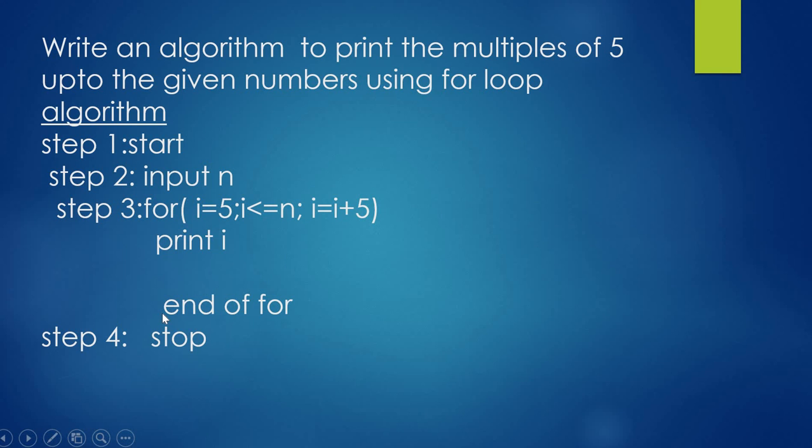Now we have discussed more examples in iteration statements. Different iteration statements are while loop, do while loop and for loop. While loop is pre-tested loop, do while loop is post-tested loop, for loop is fixed execution structure.